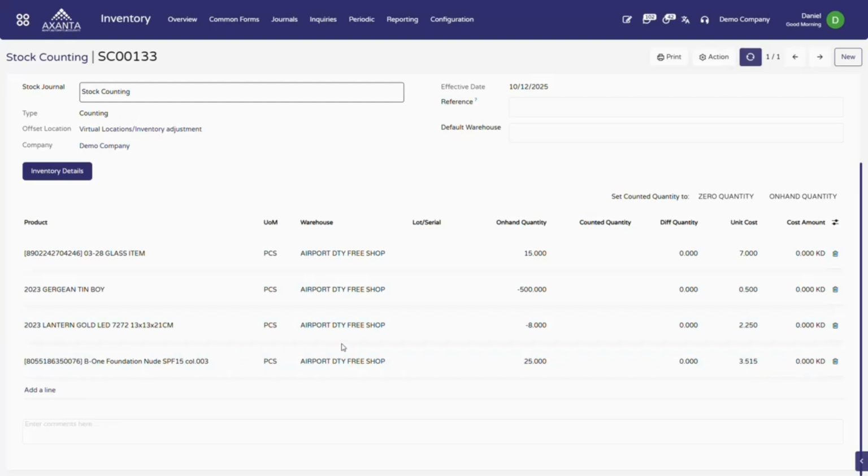Now while performing the physical stock counting, you may come across two possible cases. In the first case, during the stock counting, you discover a new product that is not listed among the existing 4 products. In this situation, you will add that new product in the Excel file, and when you import the Excel file into the system, it will automatically create a new line for that product in this stock counting